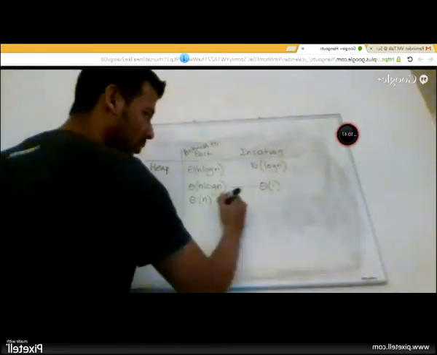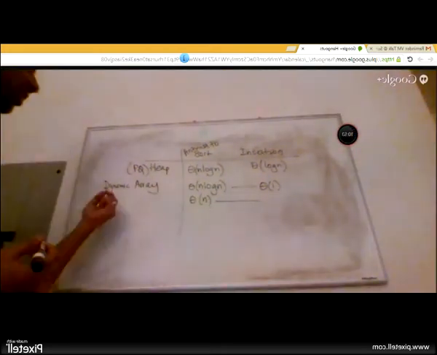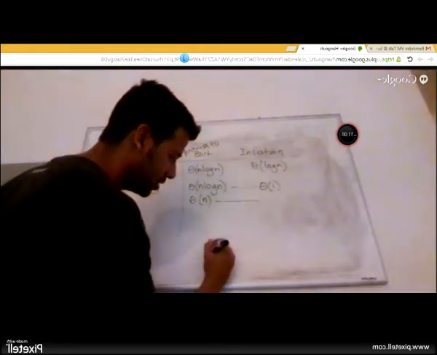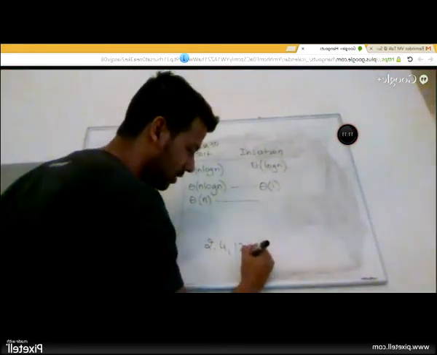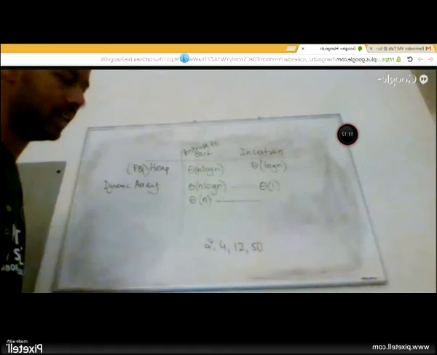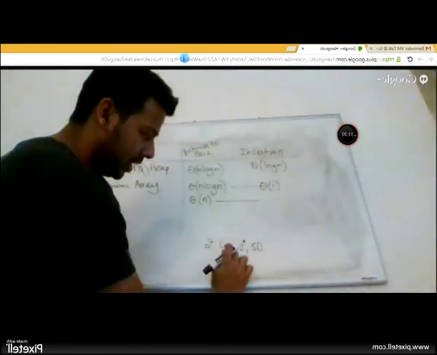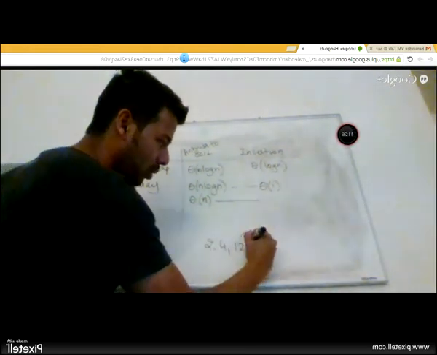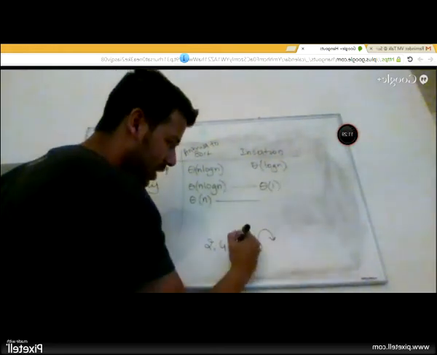but then my insertion I have to compromise on that, because I just can't blindly insert it at the end. So what would be the complexity to insert an element in the correct position? So think of it this way: there is 2, 4, 12, 50. Let's say it's already sorted, and 10 comes. So 10 should go here, right? But 12 is already there. So what you have to do is to basically move 50 to the next position, 12 to the next position, and then insert 10,